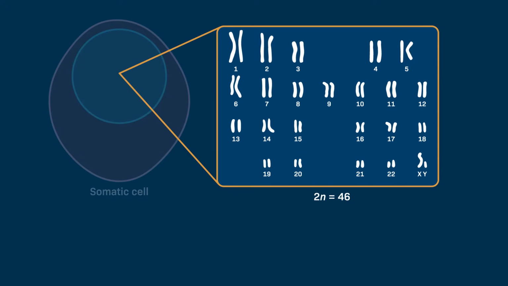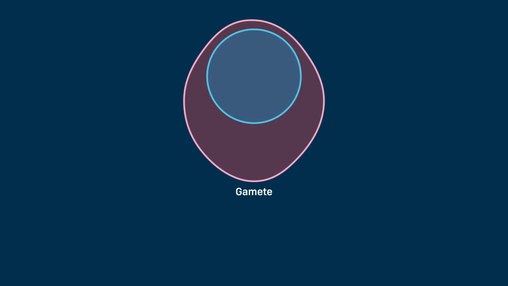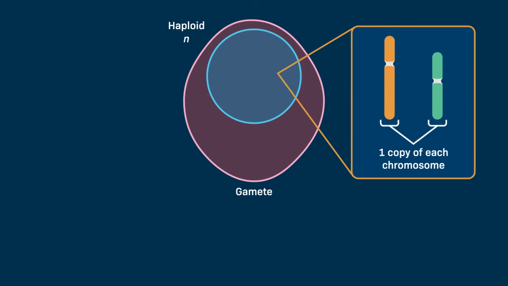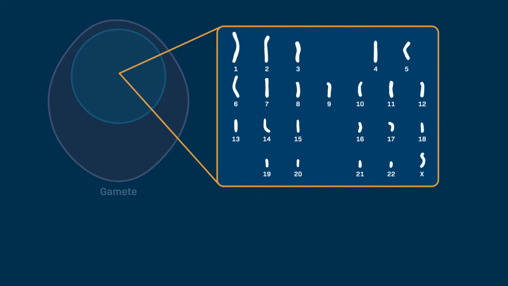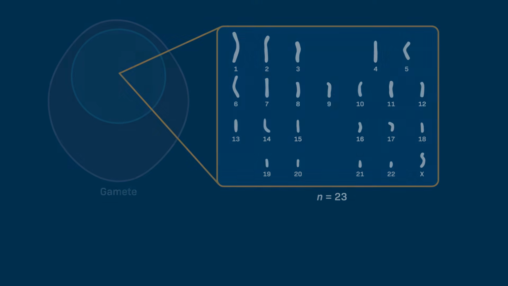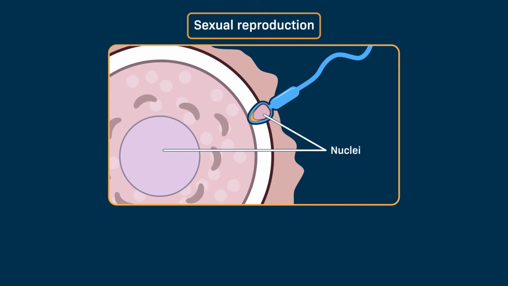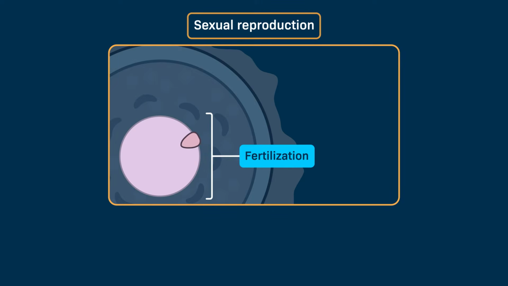46. In contrast, our gametes, or sex cells, are haploid, which is designated as N. This means that there is only 1 copy of each chromosome. So each of our sex cells has a total of 23 chromosomes, which corresponds to a haploid number of N equals 23. In sexual reproduction, the nuclei of 2 gametes, an egg and a sperm cell, fuse during fertilization to